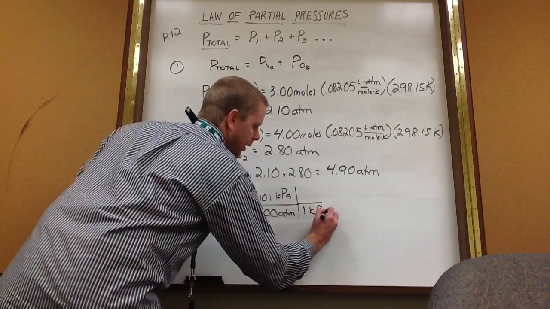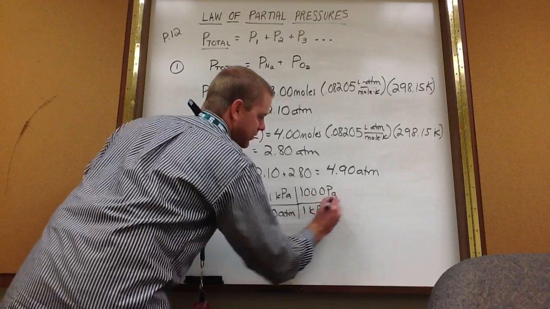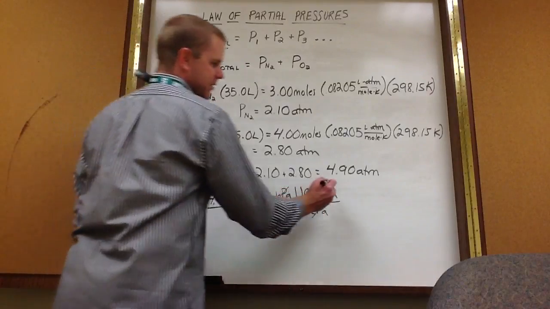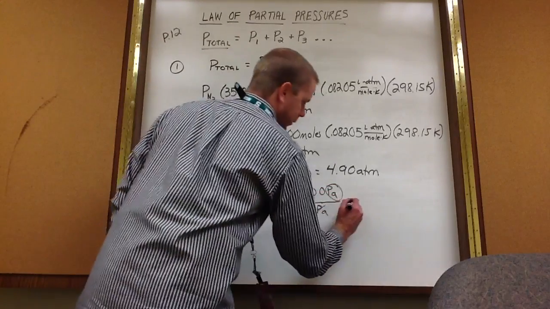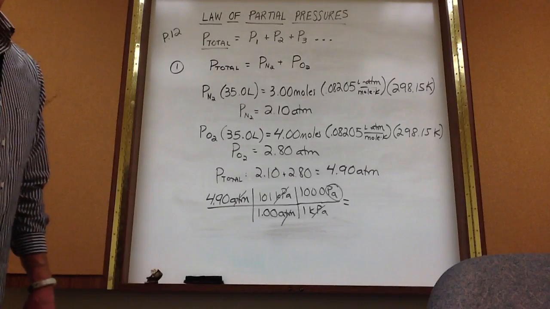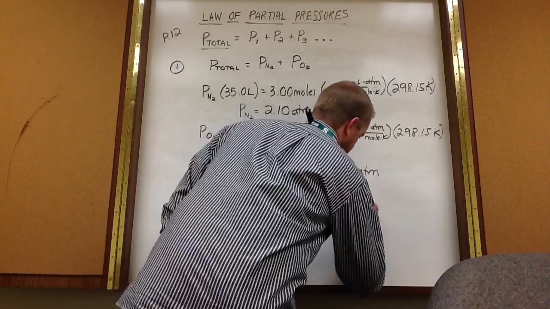Anytime I see kilo, I think 1,000. So there are 1,000 regular little pascals in 1 kilopascal. Atm cancels, kilopascals cancel, leaving me pascals, which is what I want. You do the math on that, and you get 494,900